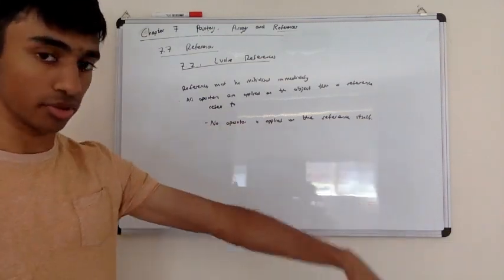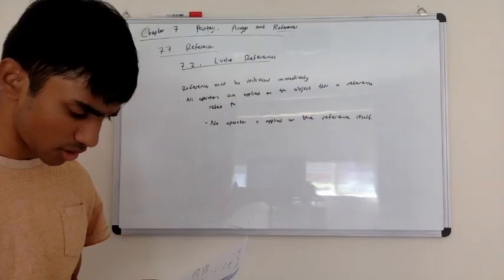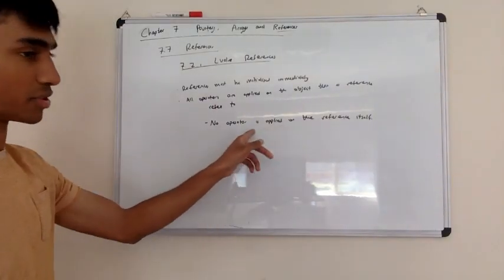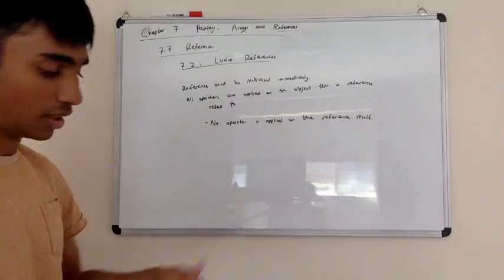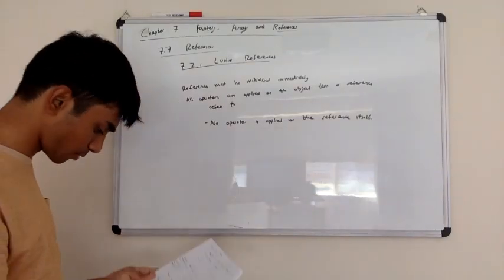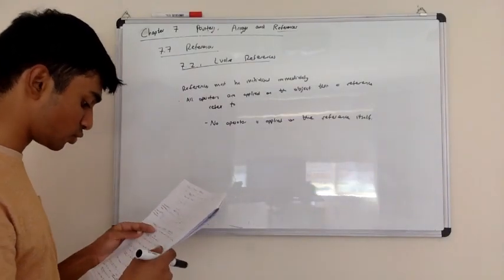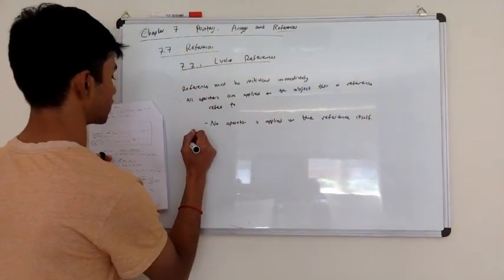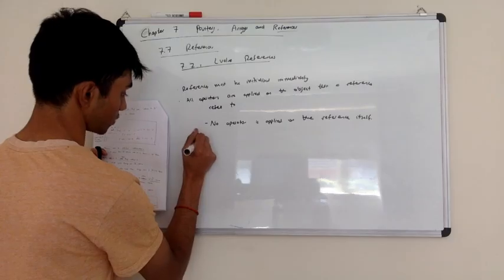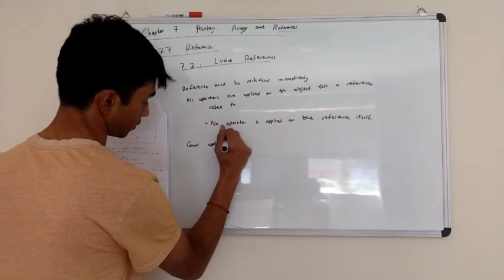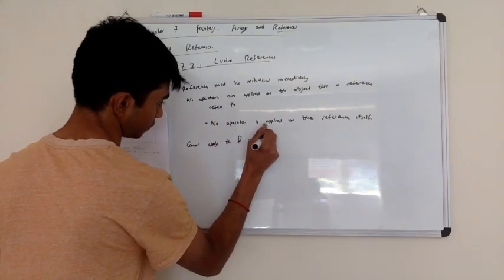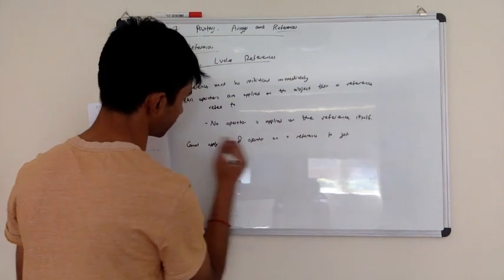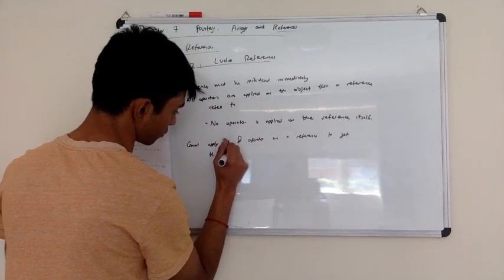that the reference is referring to. And this is partially also why references can't change what they point to, because any operator will always be applied to its object. You cannot obtain the address of a reference, again, because operators are never applied on the reference itself. So you cannot apply the ampersand operator on a reference to get the memory address